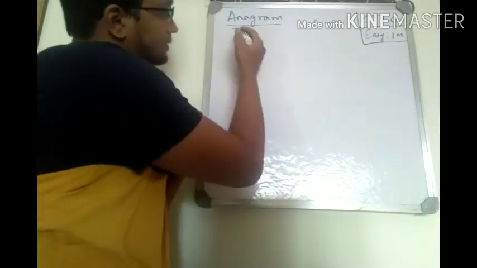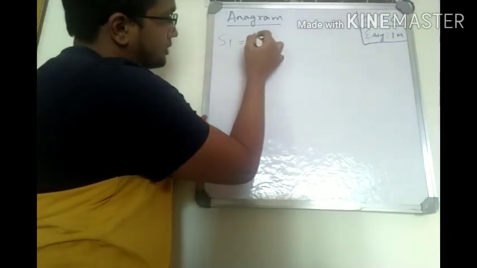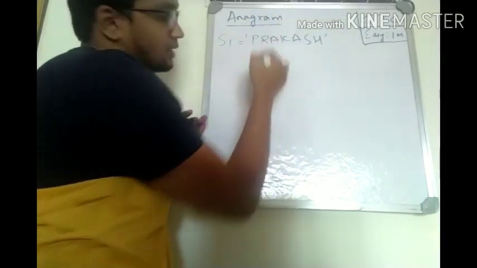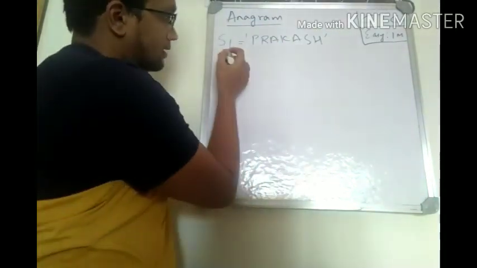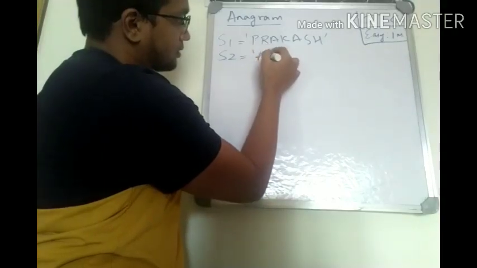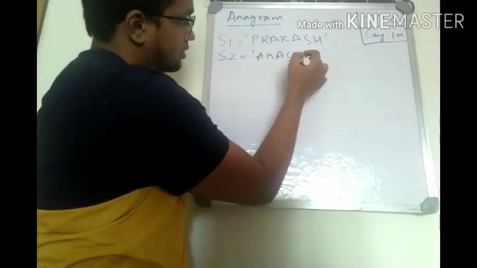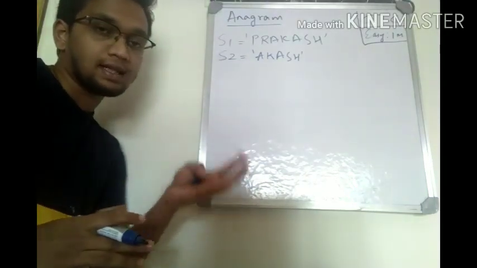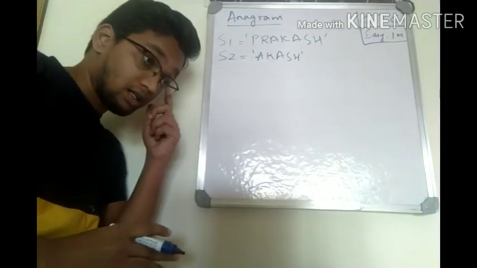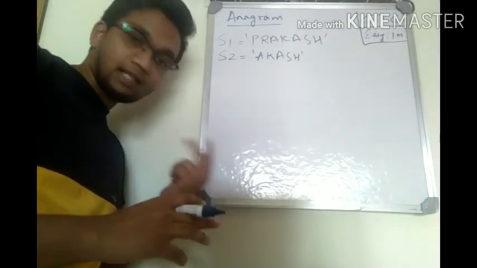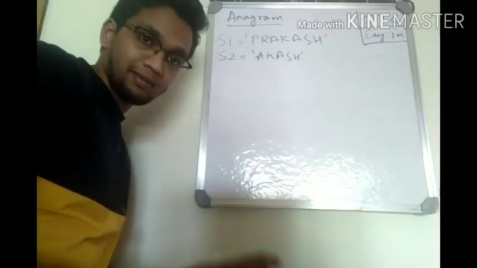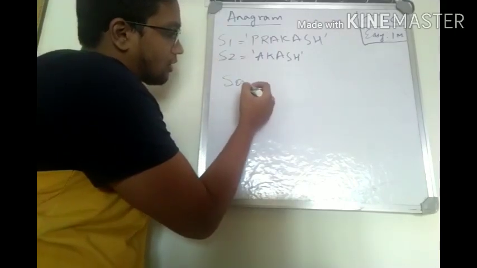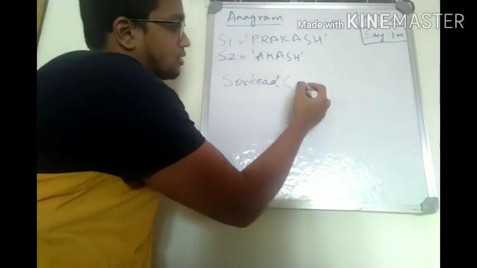So let's take string 1 as Prakash, and let's take string 2 as Akash. Now, how do we tell whether these two strings are anagrams or not? One way is we can sort them. We can sort a string in Python using the inbuilt function known as sorted. Just use sorted of this one